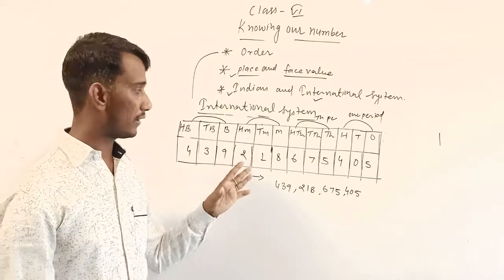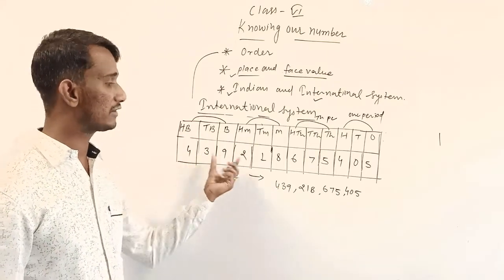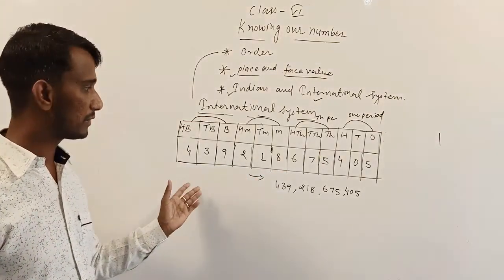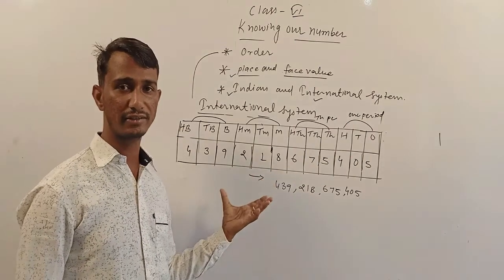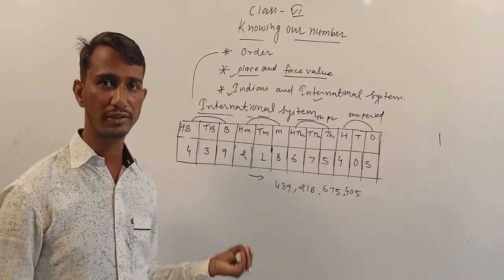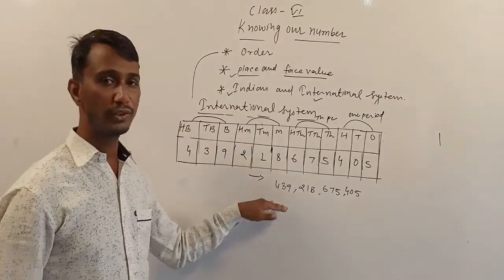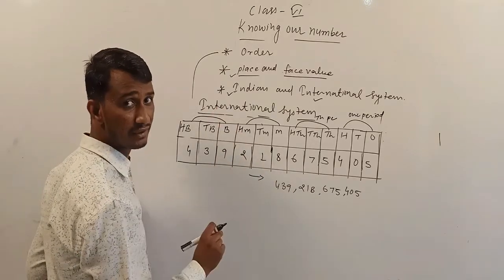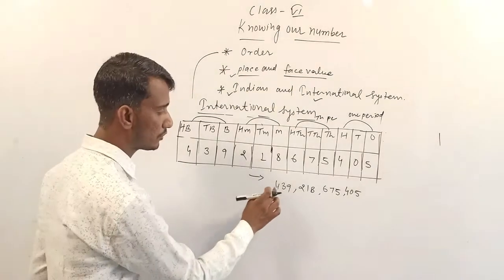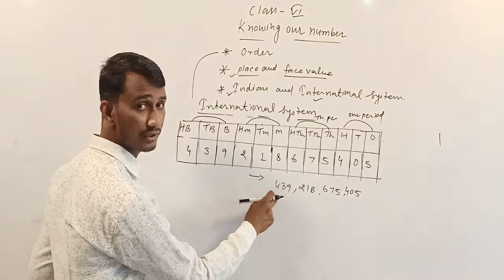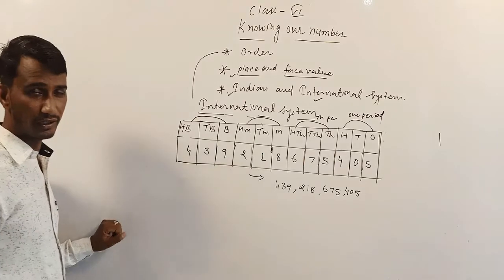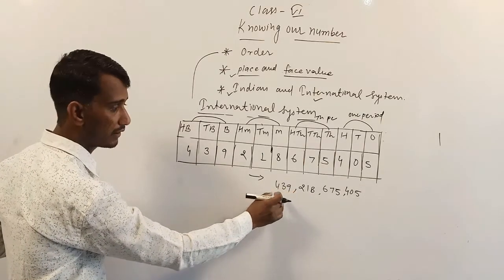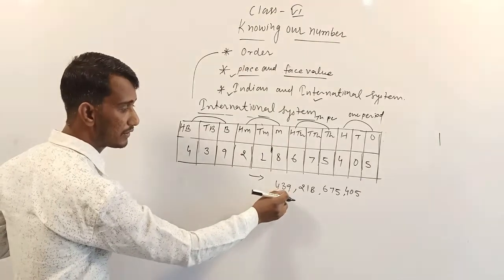You know that it is not necessary for all numbers to be given in 12 digits. There are examples with 8 digits, 7 digits, 9 digits, 11 digits. So in this way, you first check which period will start first. Here we start from billion, so we split the number into periods.